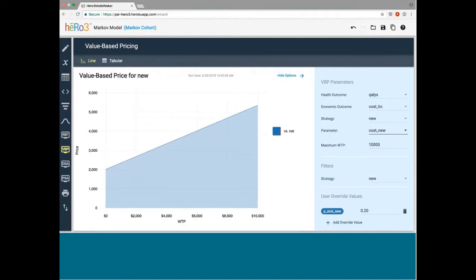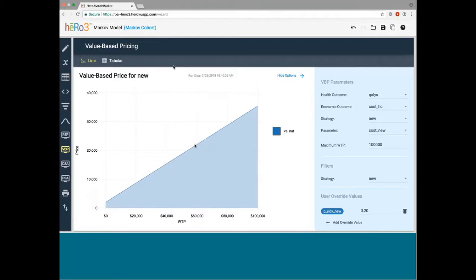So on this axis, it will represent the cost of the new drug per cycle that's necessary to be cost effective at the specified willingness to pay threshold. And so very quickly, after we've defined our model, we just fill out these items on the right-hand side, and we have a VBP calculator. It's that simple. And if we want to look at this to a larger willingness to pay up to 100,000, we just change this over here, and now we can see the results for the willingness to pay up to 100,000.